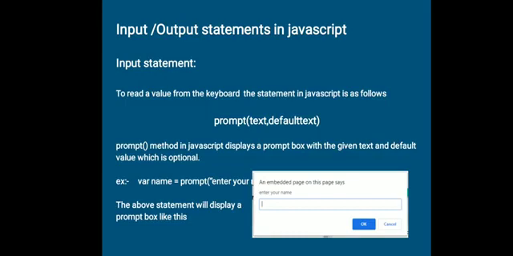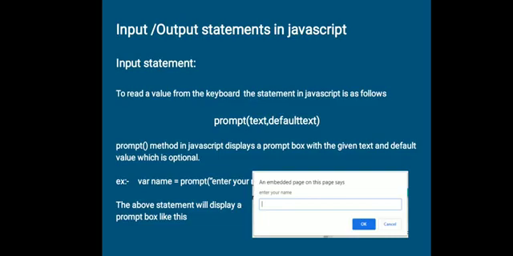Whatever you enter, either a numeric value, a number, or any other thing, it returns only in string format. So if you want to deal with numbers, you have to convert them into integer or float. To convert them, we have functions called parseInt and parseFloat. parseInt will convert whatever number is given in the text box from string to integer, and parseFloat will convert from string to float.